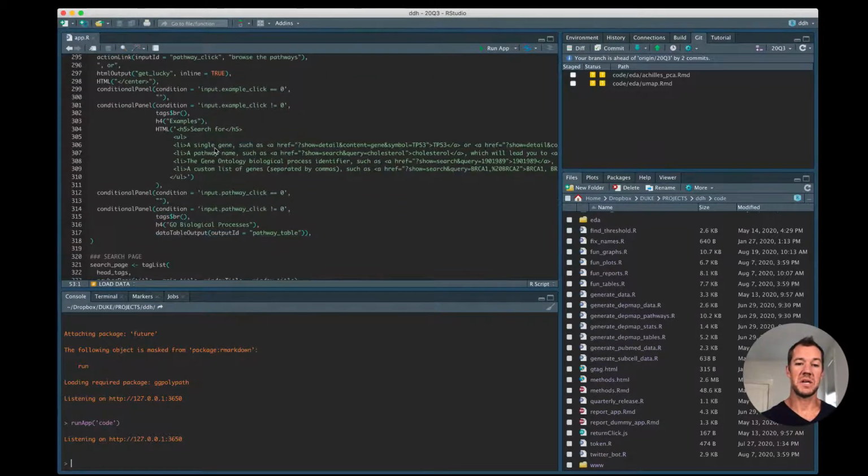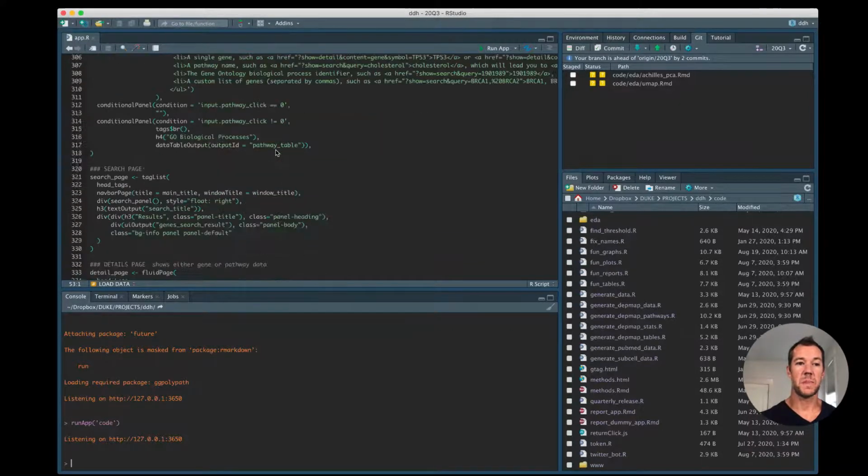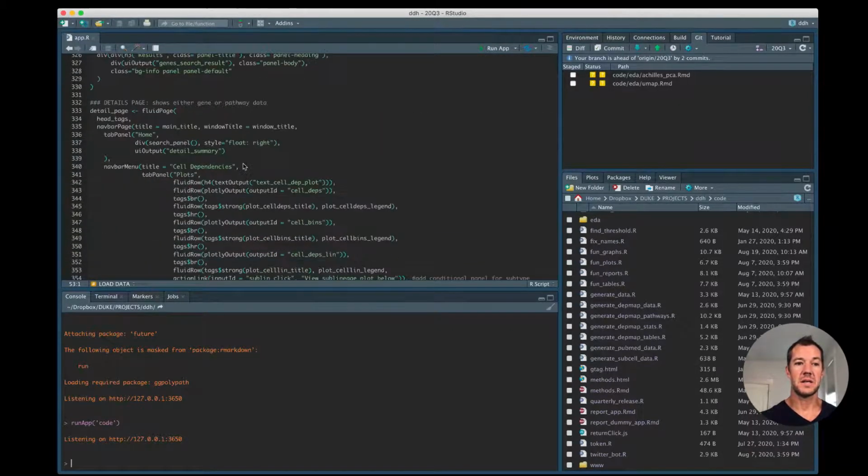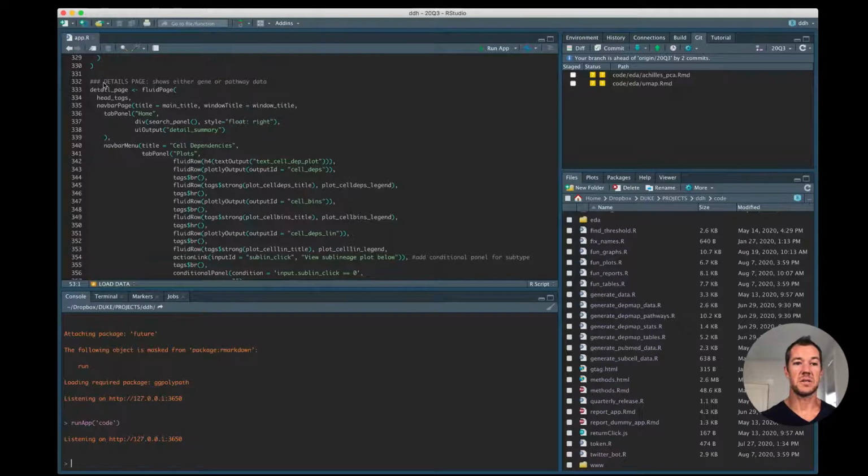We've got some information about that page. And then finally, this is the details page. This shows the gene data. So we call this detail page. And then we have tags and some more information. And this is all sort of standard Shiny